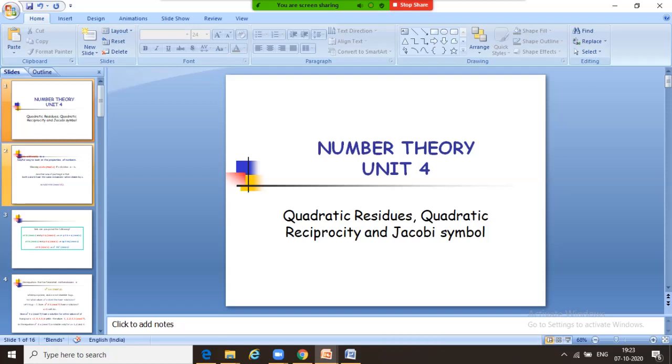So here we have seen all the major concepts of quadratic residues, quadratic reciprocity, and the Jacobi symbol. From the Legendre symbol, we moved to the Jacobi symbol, which is nothing but the generalization of the Legendre symbol. The main concept we discussed here is quadratic residues, which plays a very important role, and from that we saw the problems under quadratic reciprocity. Thank you.